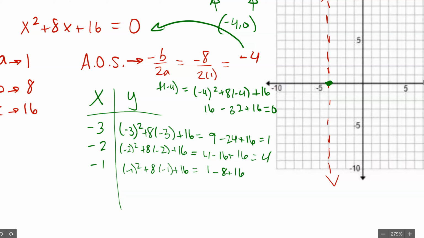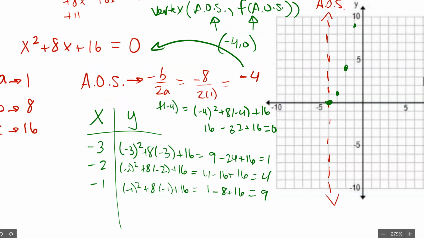Minus 8 plus 16, I get 9. So what this means is I have a point at -3, 1, -2, 4, and -1, 9. So where it says x to the second,